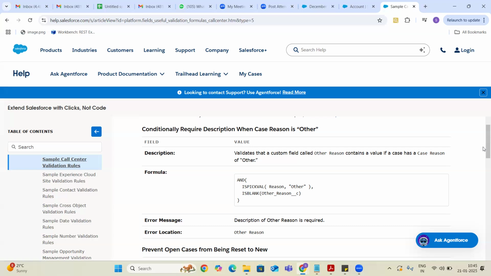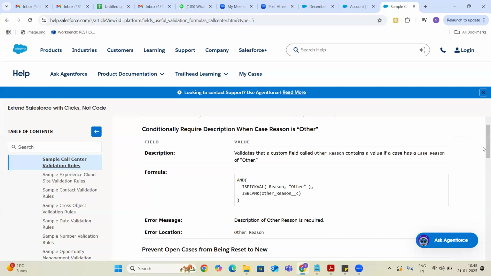We have to fill that in a separate field. If that is not filled, then we have to stop the users, because if they simply select Other, then we can't understand what their problem is and why they have raised a case. So to understand that, they have to fill the Other Reason in case of selecting Other.